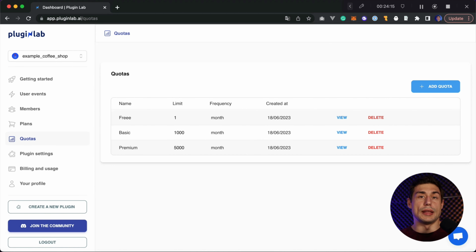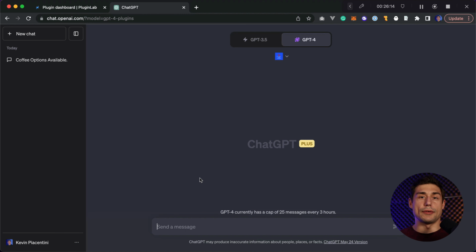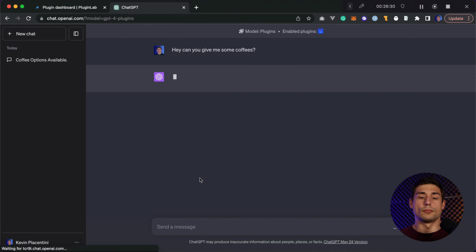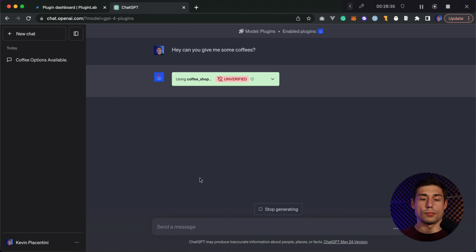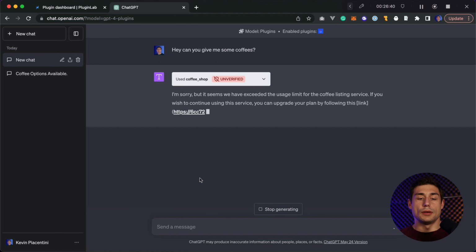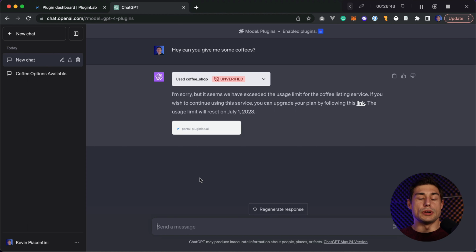My quotas are ready, and I will show you how it works on ChatGPT. Here I'm on my ChatGPT account and I already used this plugin before, so I will do a request and I should hit the limit of my free plan. ChatGPT is making the request, and the PluginLab server is returning a link to subscribe, telling me that I exceeded my limit. So I will follow this link,